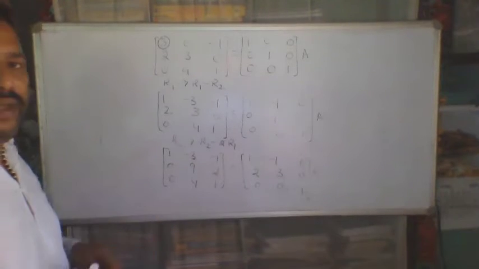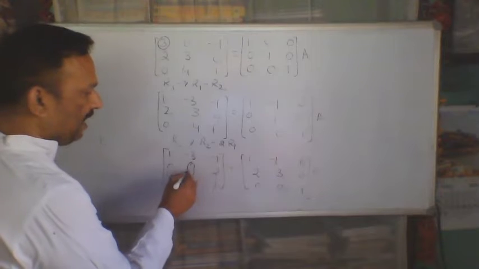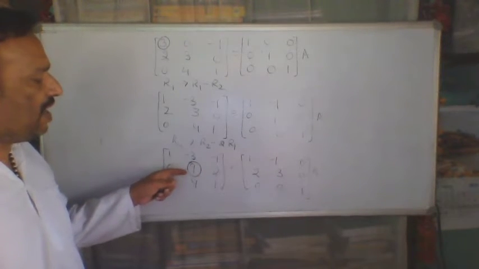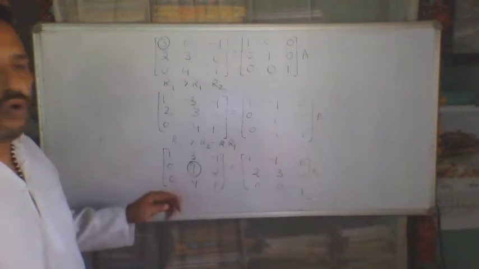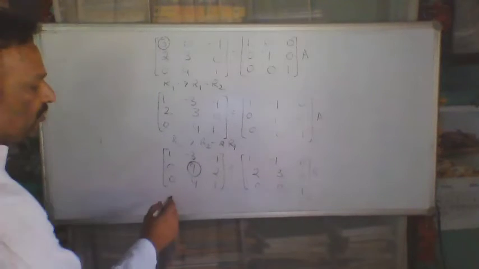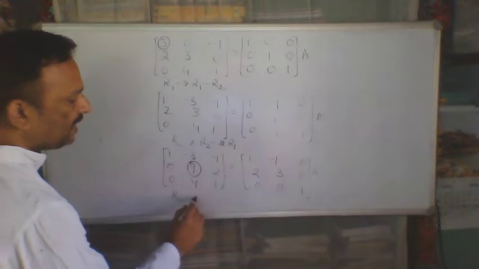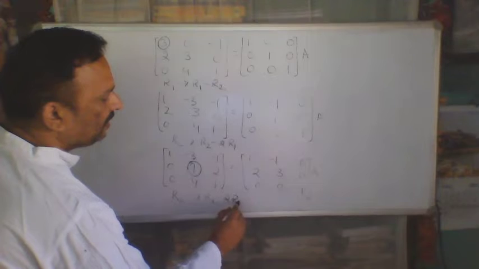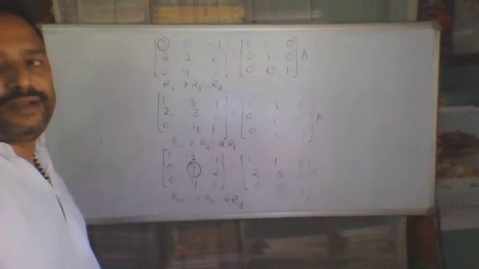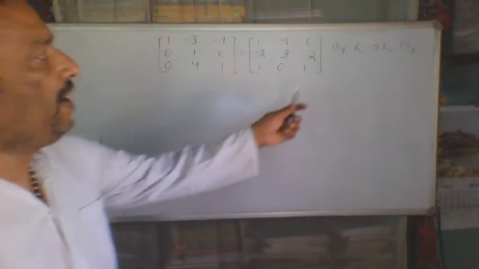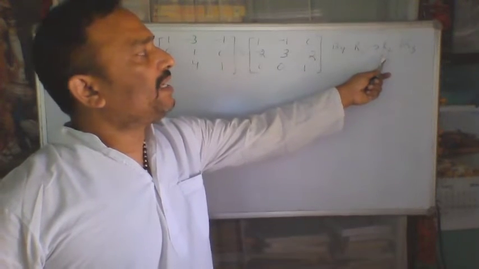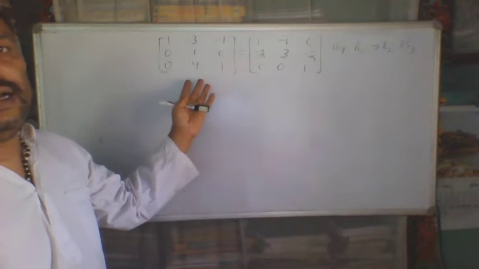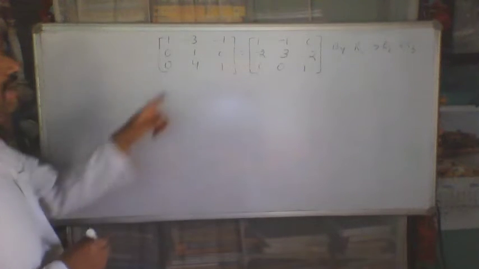Now we have to make our second key element, this 9, as 1. And remember, whenever we need to make it 1, always use a downward row. So to make it 1, let us use R2 is such that R2 minus twice R3. We will operate it. Now performing R2 minus 2 R3, we have got this as a result. Now our key element is 1.